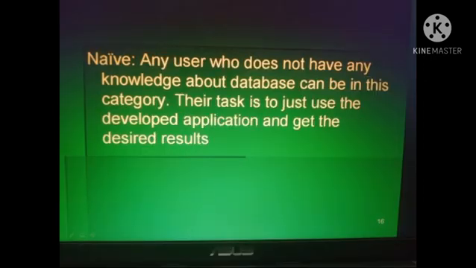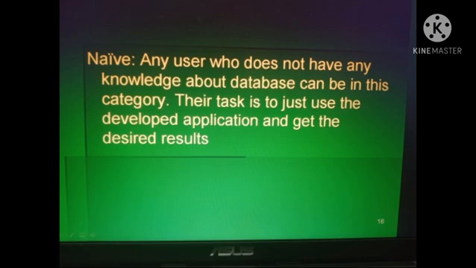Next one is your naive user. They don't have any knowledge about the database. Their task is just to use the data through the development application and get their desired result. Naive users are the people who interact with the database to get information and use it for their own purpose.